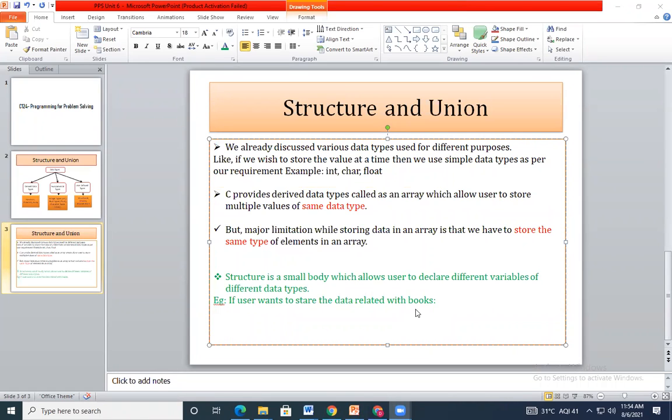Yes, Asauri Bhosle. Yes, sir. Tell me, if I wish to store the data related with books, book related कुठला data असू शकतो? Simple, book name, अजून काय असू शकते? Hello.